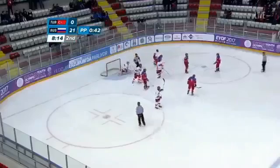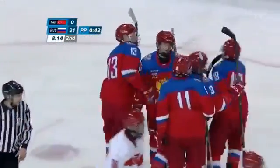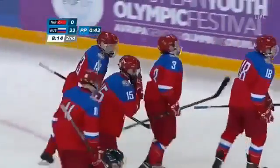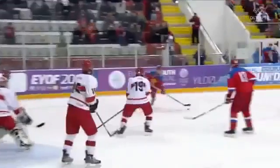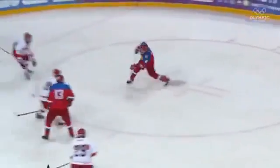Yeah, that was pretty much a bullet from the face-off line, and these Russian players are very, very skilled, and he had a pretty good look at that as well. That just goes whistling over his shoulder. I mean,